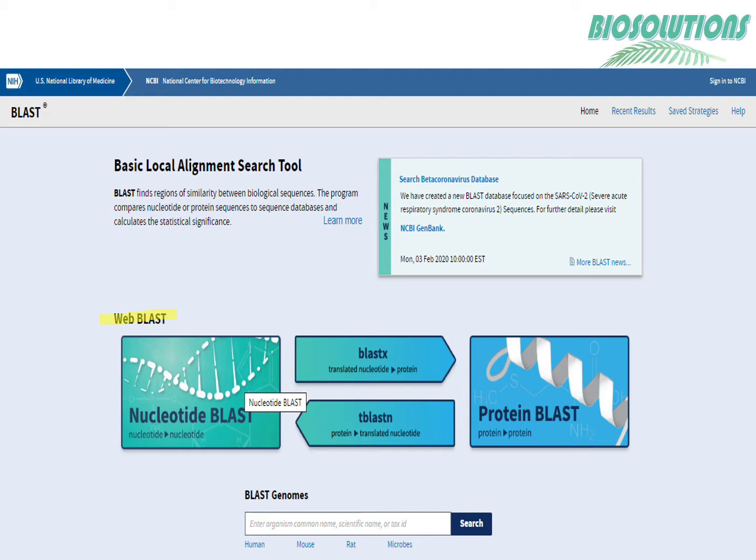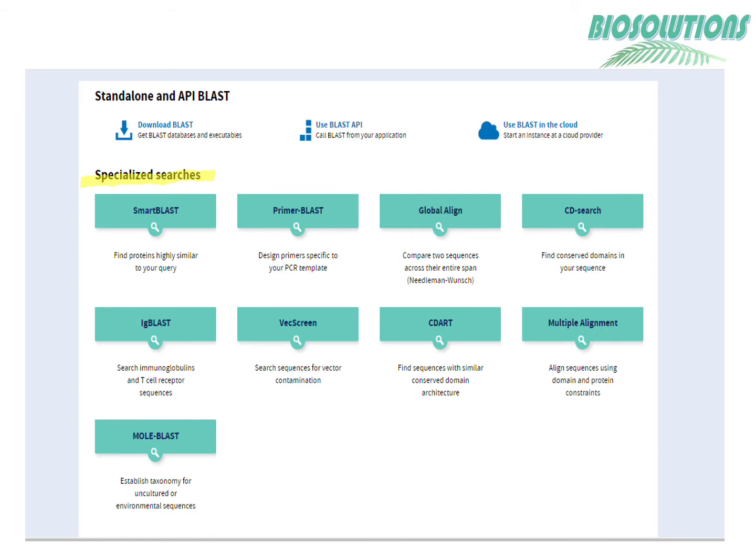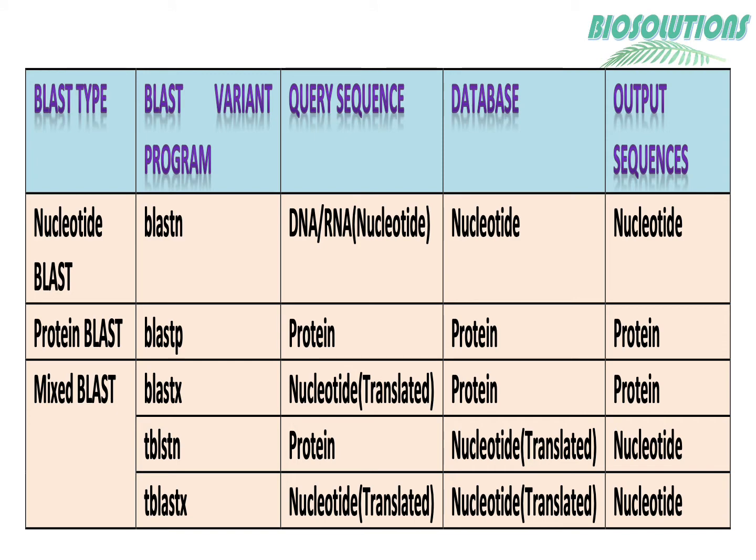At BLAST homepage, we will see Web BLAST, which has 5 types: nucleotide BLAST or BLASTn, protein BLAST or BLASTp, BLASTx, T-BLASTn and T-BLASTx, which is not indicated on the home page but is available for BLAST analysis. Upon scrolling down, we will see some more types of BLAST meant for specialized searches. This table explains various types of Web BLAST and where we can use them depending on our query type and